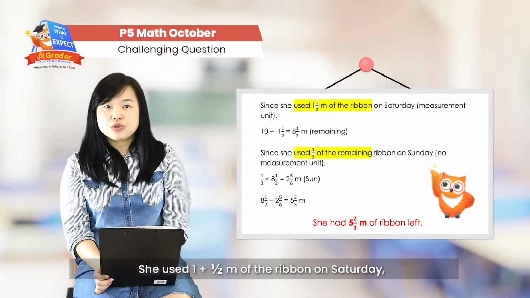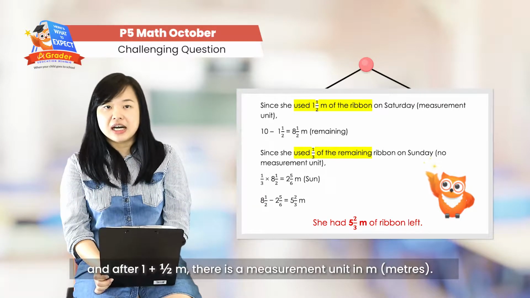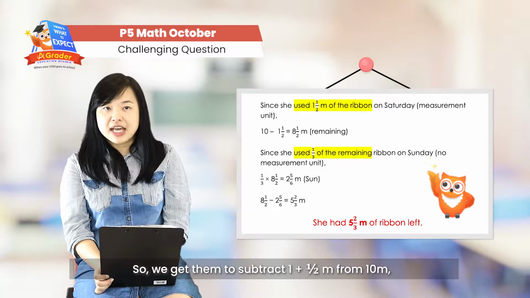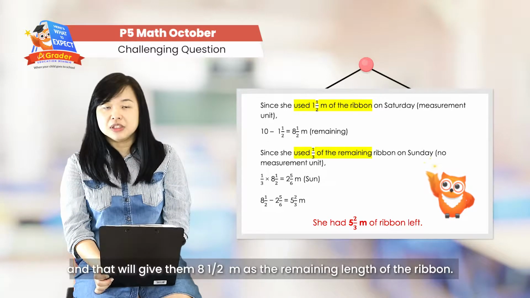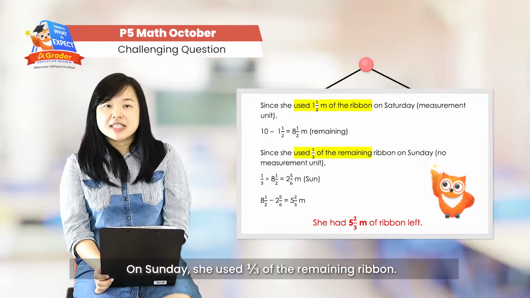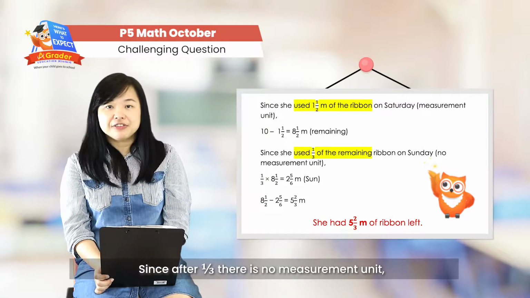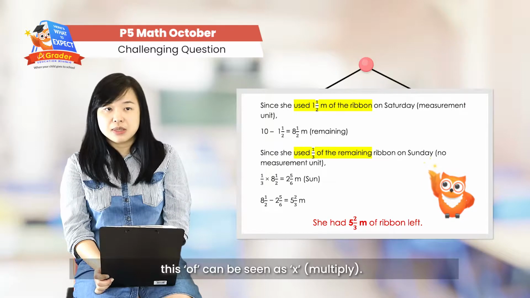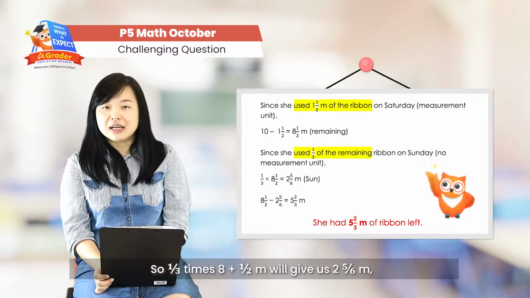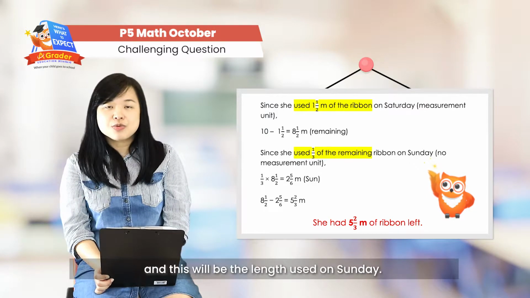So since she used 1.5 meters of ribbon on Saturday, and after the 1.5 there is a measurement unit, meters, then we get them to subtract 10 minus 1.5, that will give them 8.5 as the remaining length of the ribbon. On Sunday, she will use 1/3 of the remaining. So since after 1/3 there is no measurement unit, this "of" can be seen as multiply. So we take 1/3 times 8.5, that will give us 2 whole 5/6 meters,